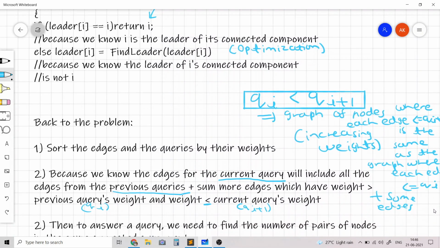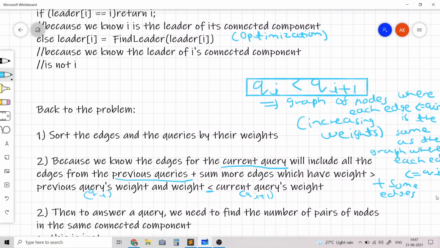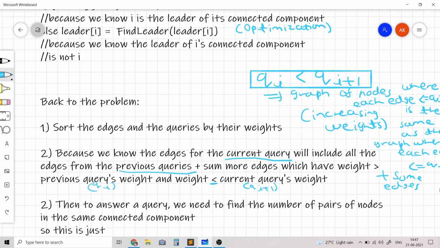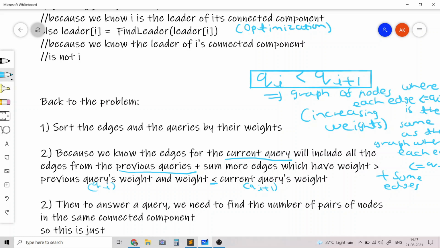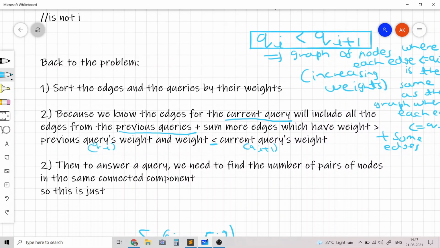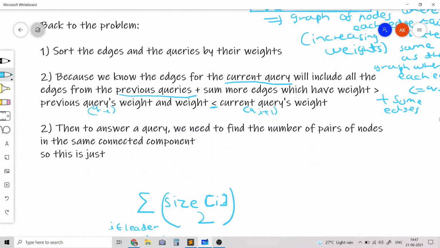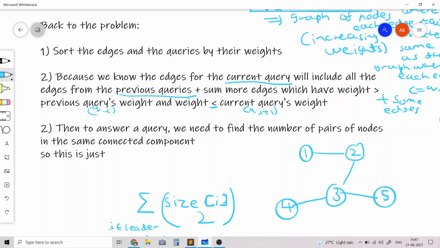And that means that when we are answering the query, we are basically finding the number of pairs of nodes in the same connected component. If you know the basics of combinatorics, then you'll realize that this is just equal to the sum over each connected component of the number of pairs in it. Let's say that this is a connected component with 5 nodes, and let's say that this is the third query, so each edge has a weight less than or equal to the query.